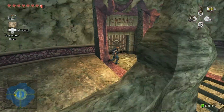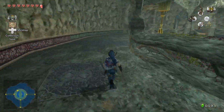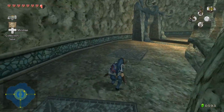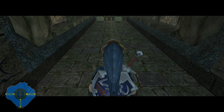Again, Uku is nice because if you went to save and quit normally... Oh, that's a locked door anyway, so only one door to go. If you were to save and quit in the middle of a dungeon, you'd restart at the beginning of the dungeon whenever you turn the game back on. If you use Uku, though, it'll teleport you out of the dungeon, and then you'll...